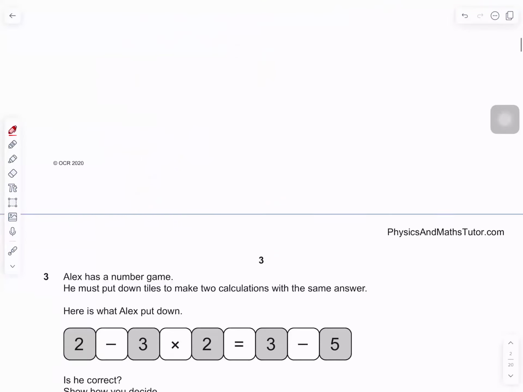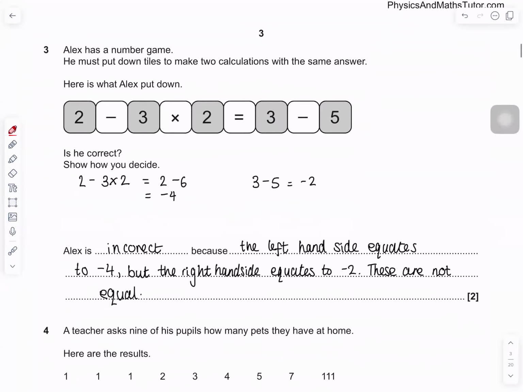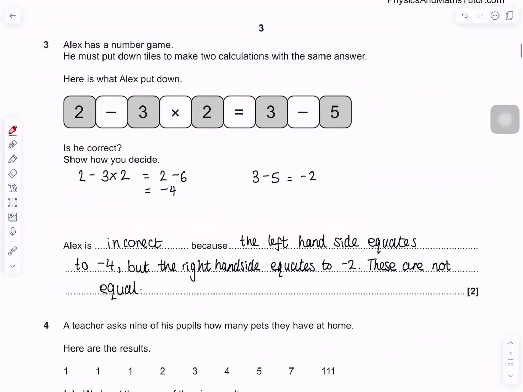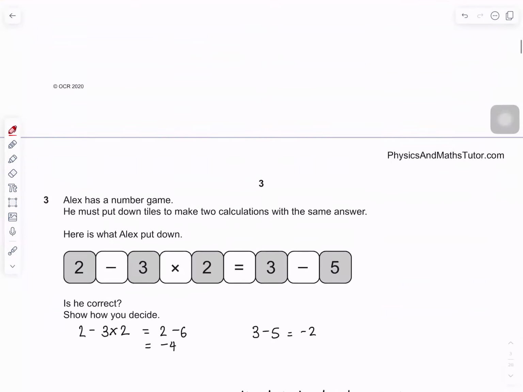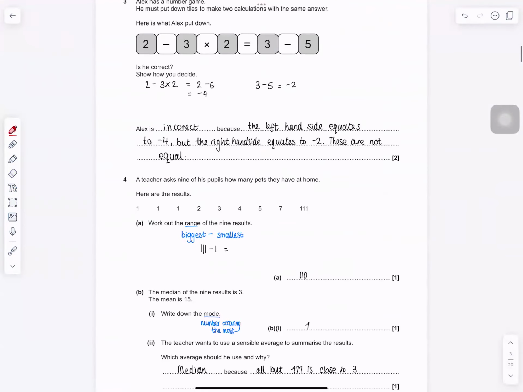Okay, let's be looking at number 3 while we wait for Daniel to come. Okay, I'm back. So number 2 we just marked, it was 12 and 8. Number 3,